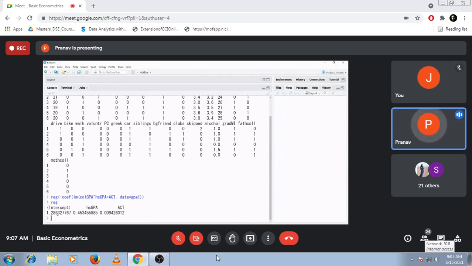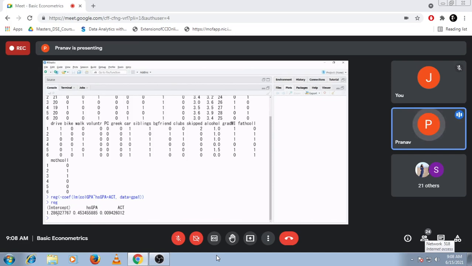The first interpretation when you get these is that they are the partial regression coefficients. Achievement test score having a coefficient of 0.009 means that in the presence of high school GPA, if there is 1 unit increase in the achievement test score obtained by a student, his or her college GPA